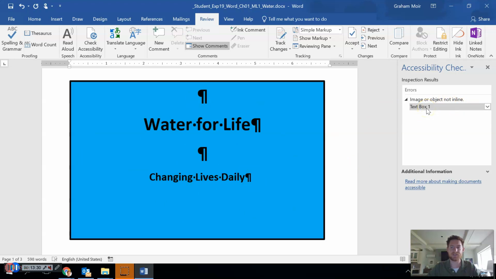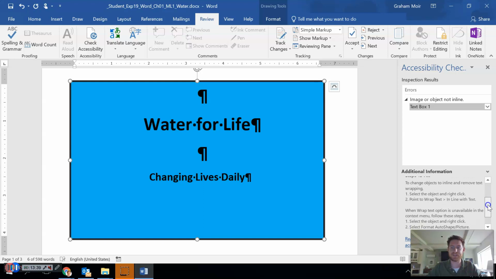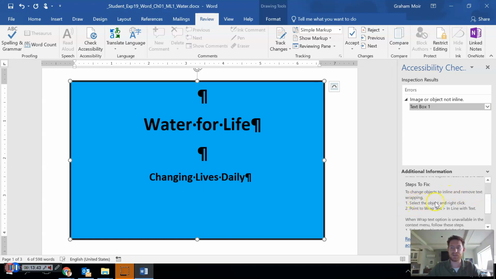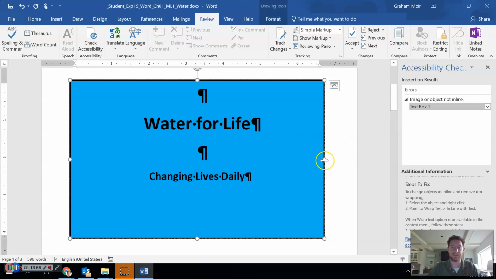daily. So if we click on where it says text box 1, it'll say why fix. Well, it makes screen readers not be able to work properly. Steps to fix: to change objects to inline and remove text wrapping, select the object and right click, point to wrap text inline. So I can see that it's already highlighted because it has the white dots around. If it wasn't highlighted, like now, I can just click it and it's got the white dots. Now I know I'm highlighted, and then I can right click it,